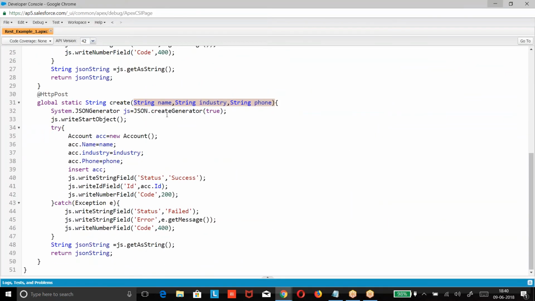Now, if you are a provider, it is very easy. The problem is only if you are a consumer. If you are a provider, it is just an Apex class with a method. So if you are a provider, it is very easy for you. Only if you are a consumer, difficulties will be there, because you need to establish a connection. If you are a provider, he has to establish a connection to you. If you are a provider, create a connected app, write a class with a method, and throw it to him. The headache is his, boss, you don't take it.